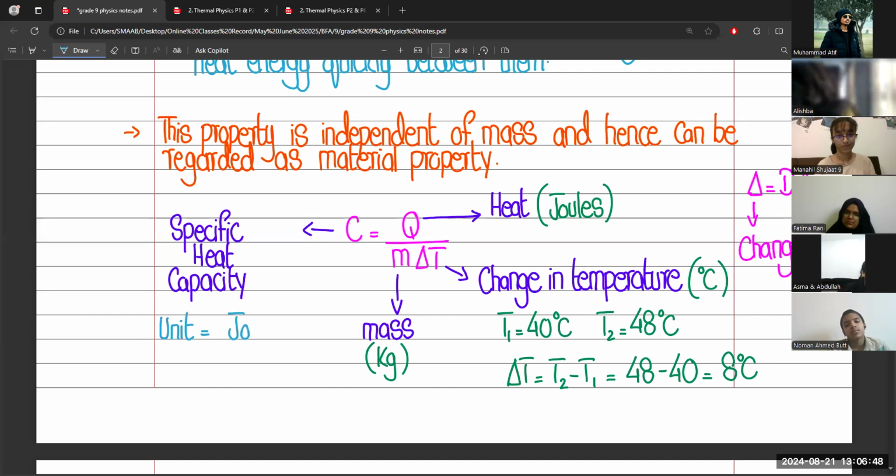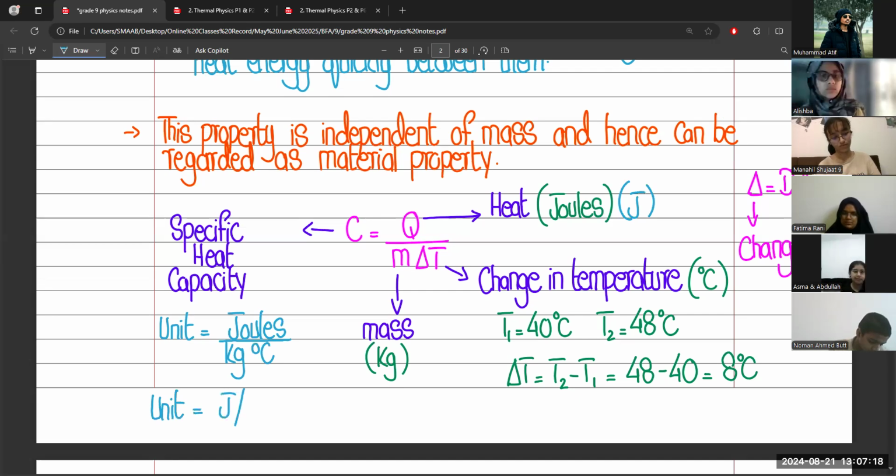So you will write joules, in short form J, that is for joules, divided by mass, which in SI is measured in kg, system international unit, and temperature is degree Celsius. So in short, this unit can be written as joules slash kg degree Celsius,